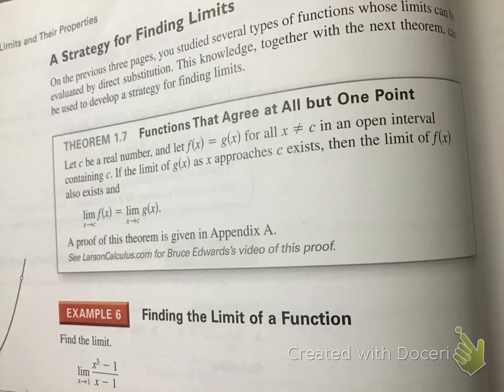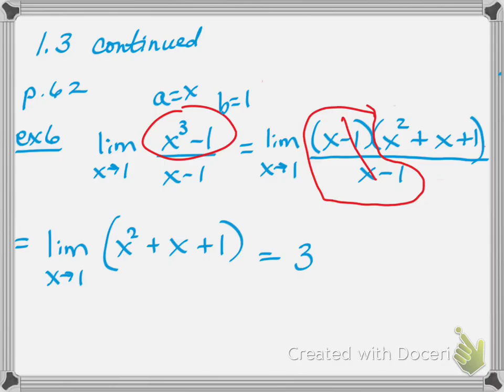There we go. So here, if we look at this theorem: let c be a real number, and let f of x equal g of x for all x not equal to c. So in the problem that we're looking at, the c is 1, and the f of x,